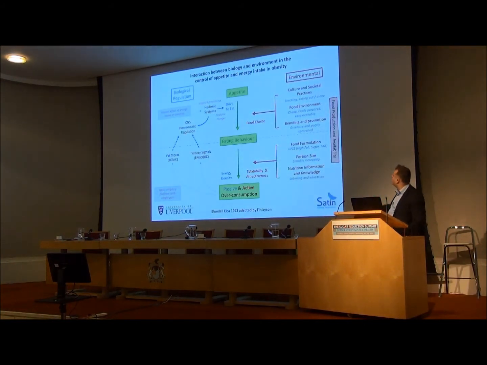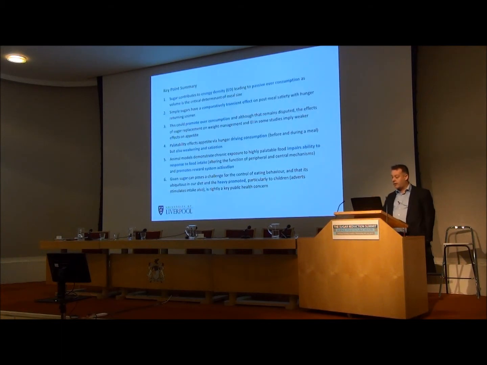But to move back to our model, we can start filling in the right side, and we need to think about snacking and eating out and eating alone, cheap, readily available, easy to prepare food, all the things that we've talked about. But we're particularly interested in the world of advertising, both in the short and the long term, in the imbalance we see here. Because you have the passive overconsumption associated with volume, the active overconsumption associated with palatability, you have questions about post-meal satiety, but you've also, on this right-hand side, all of this pressure to buy and prepare. And I think I've said about everything I need to say, and I'm bang on half past, so we're nearly back to where we should be.